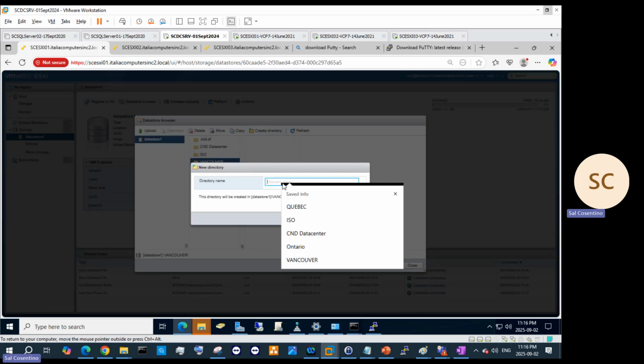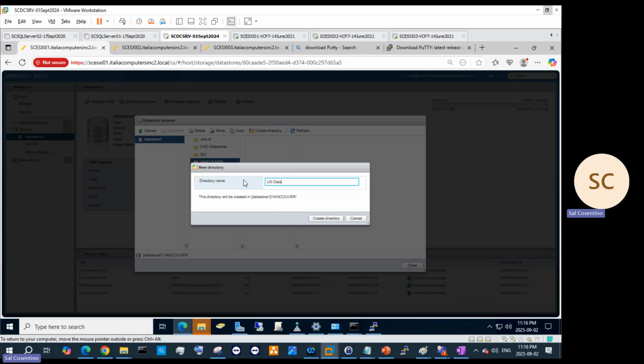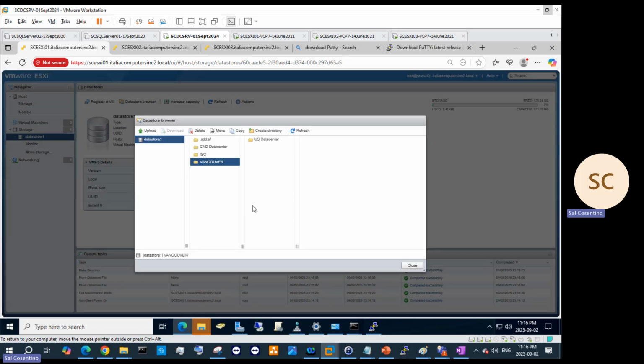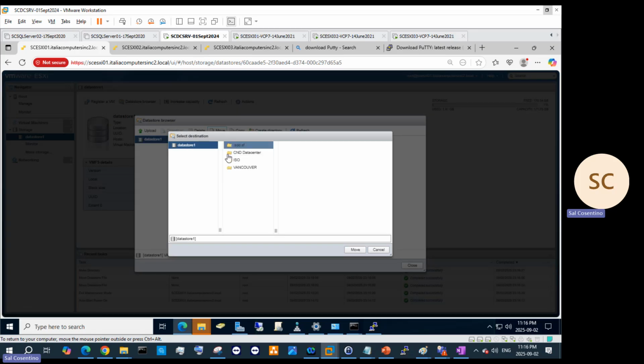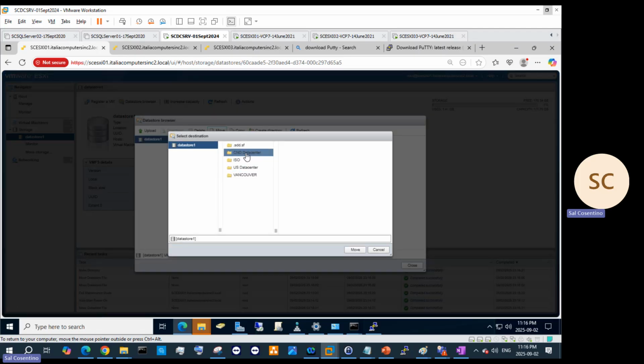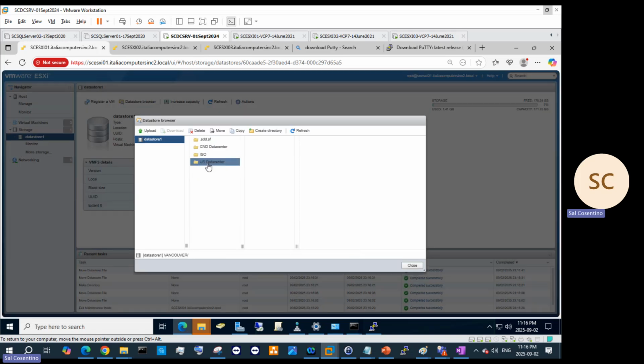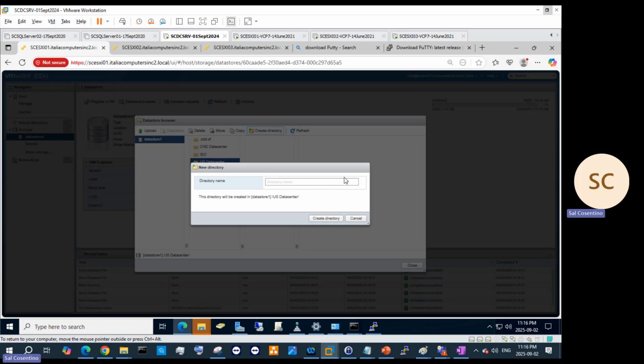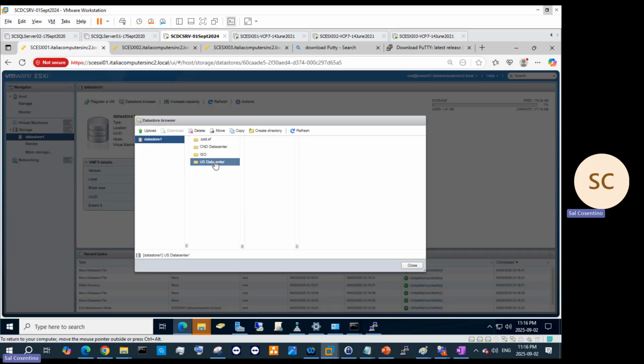In this instance, we'll also have a US data center, right? And within that US data center, I will move it to, and then within here, this I'll move to Canadian, right? And I'll hit OK. So I'll have Ontario, Quebec, and then in the US, I'll open the US directory,